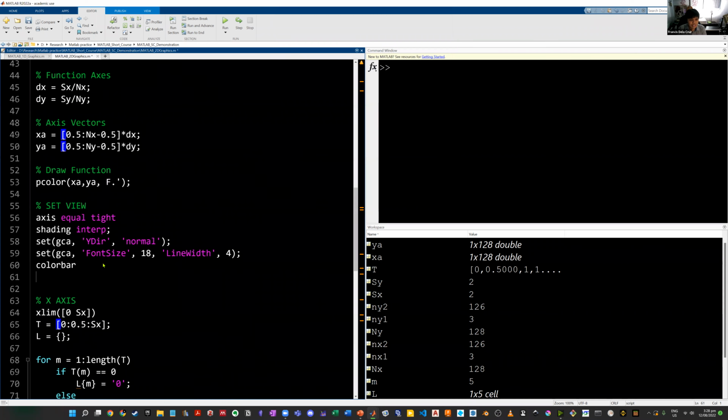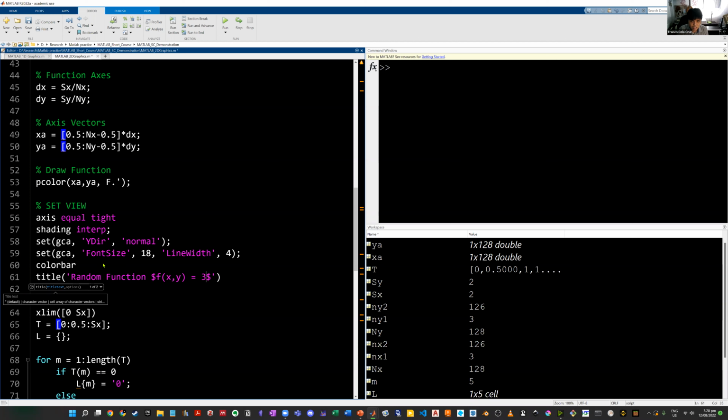Okay, so let's say it, just like a 1D graph title. So of course it's a string. We can use LaTeX. Okay, so this is a random function. Let's say random function, and then let's say you want to put the equation inside of your title. You put a double dollar sign, and then you put the function. Let's say f of xy is equal to, let's say, some kind of random function,